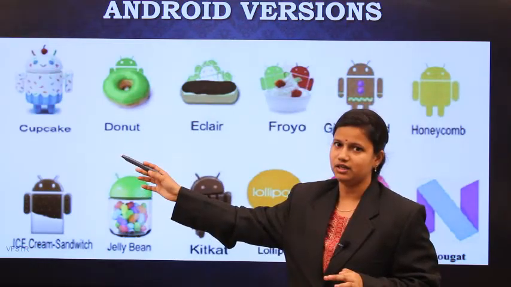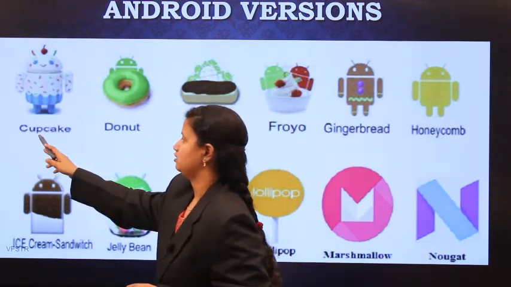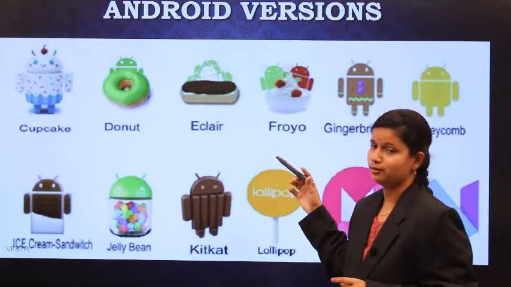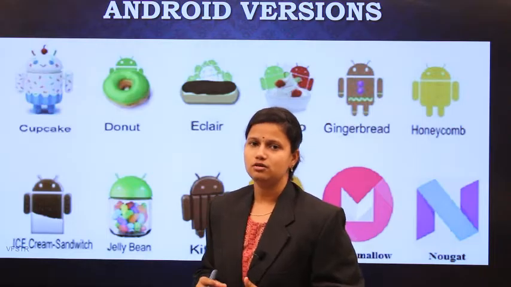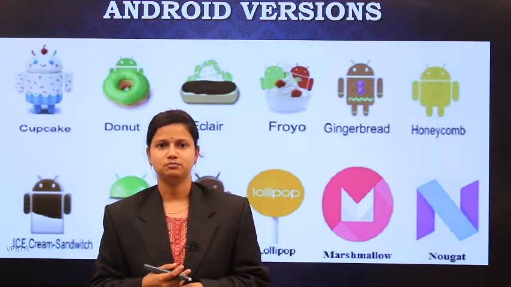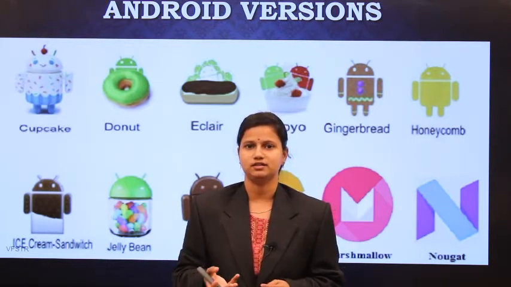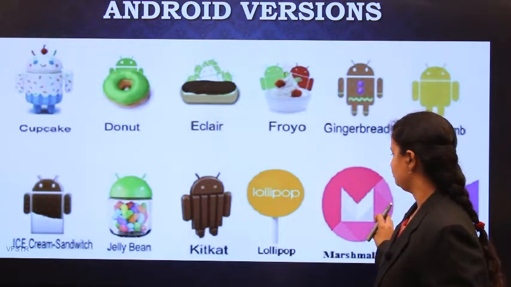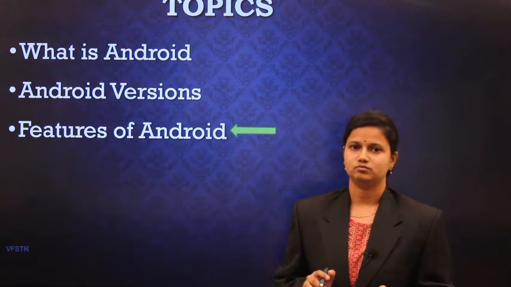When you observe Cupcake, the letter is C. And the next version is released in alphabetical order. After this, what is the letter? D. So the next one is Eggplant and Egg Pro. So in alphabetical order, they released all these versions. The present version released is the Vue version. After that, maybe the newly released version will start with the letter S, I think. So in this way, the Android versions evolved within a span of 10 years. They released a different version each time.